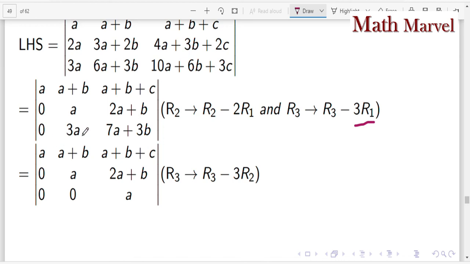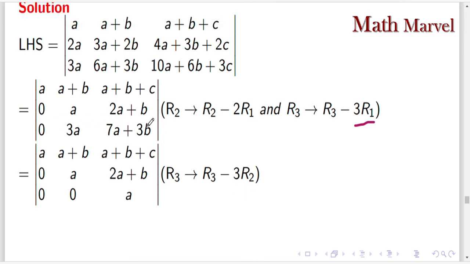Now observe these elements. So again we know that if we multiply this row 2 by -3 and add it to the third row, this element becomes 0. Say yes or no. Okay, so now perform this operation. Row 2 is multiplied by -3, this entire row multiplied by -3 and added to this third row. Okay, so what we have, 3A minus 3A we get 0 as the answer. 7A minus 6A is equal to A, and 3B minus 3B is 0. So after addition, we have this type of elements in row 3.